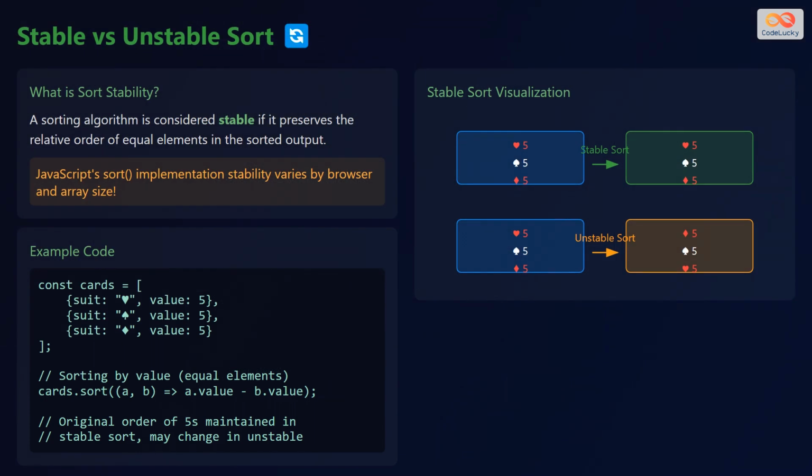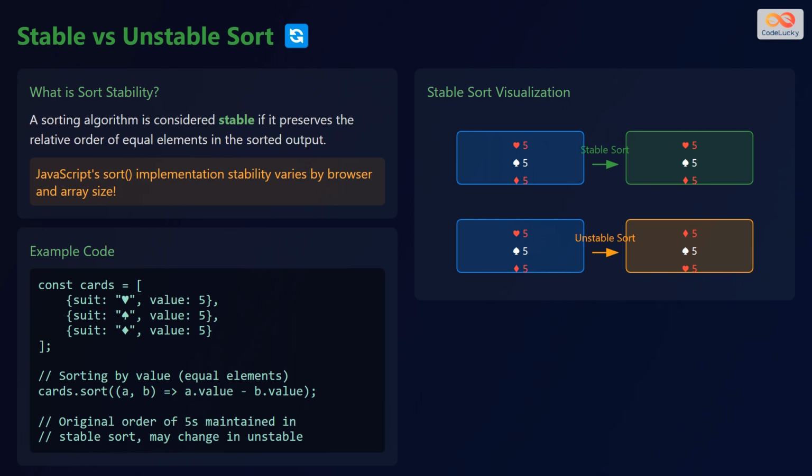A sorting algorithm is considered stable if it preserves the relative order of equal elements in the sorted output. JavaScript sort method implementation stability varies by browser and array size. Here's an example. We have a const cards, which is an array of objects with suit and value. We sort by value. The original order of fives is maintained in a stable sort, and may change in an